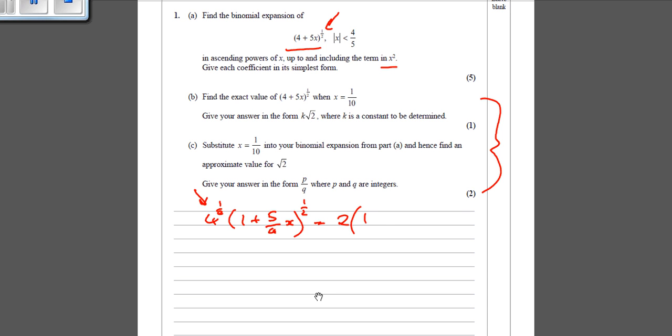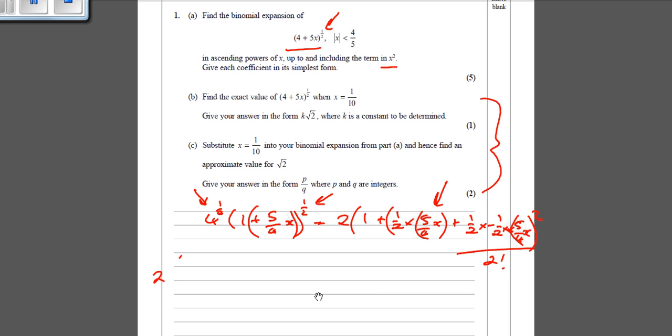So the first one is going to be 1. Then the next one is going to be the power. So it's going to be a half times by, then this whole thing is x. So times by 5 over 4x. Oh, I'll put that in brackets. The next thing is going to be the half times by the power below, which is going to be minus 1/2, times by this thing, the x squared. So 5 over 4x squared, all over 2 factorial. Now if you do that, it's going to be